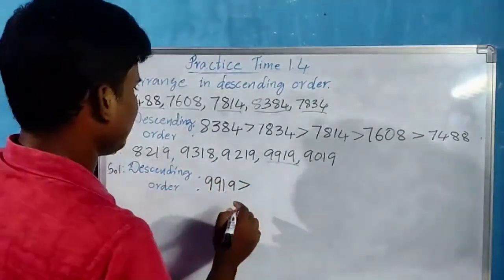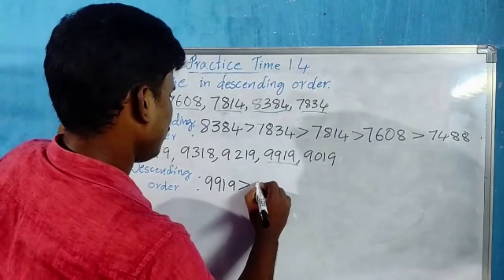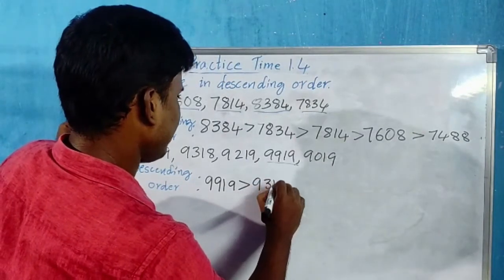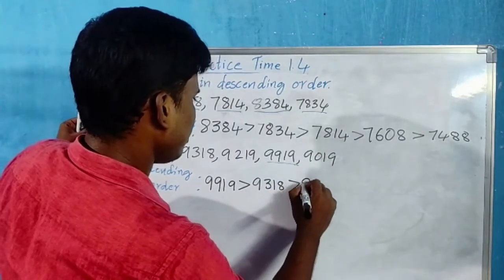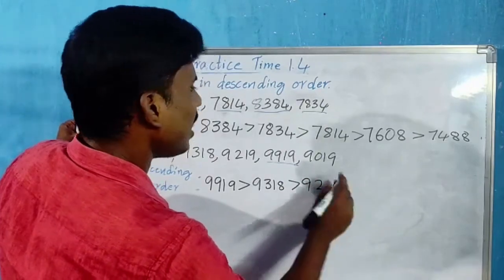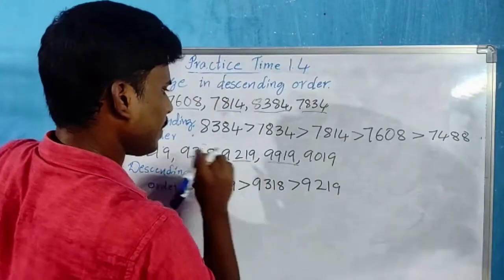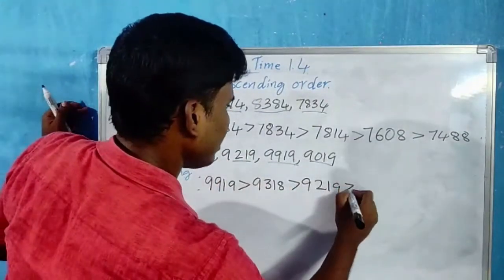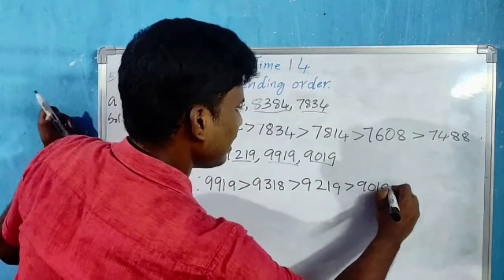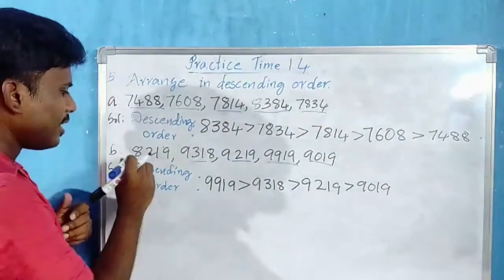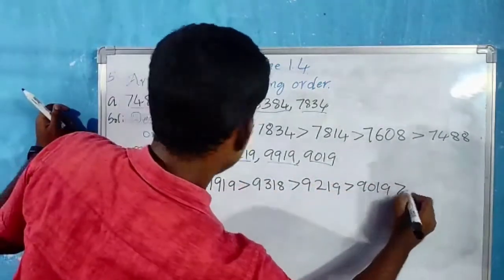So remember, let us write this. 9318 is greater than 9219 and followed by this number, the next greater number. So greater than 9019. Last we are left with only one number, so let us write that,